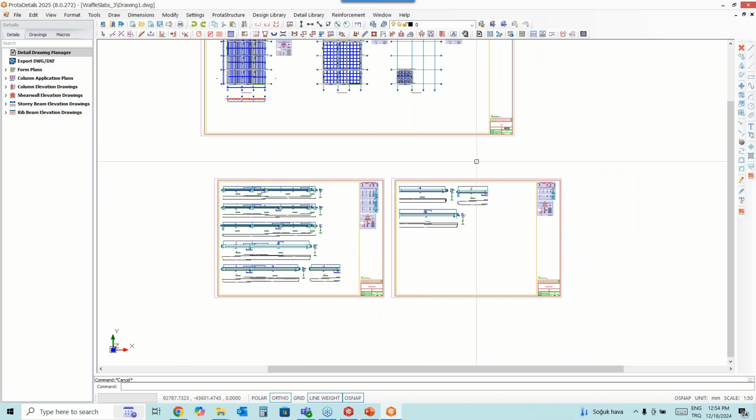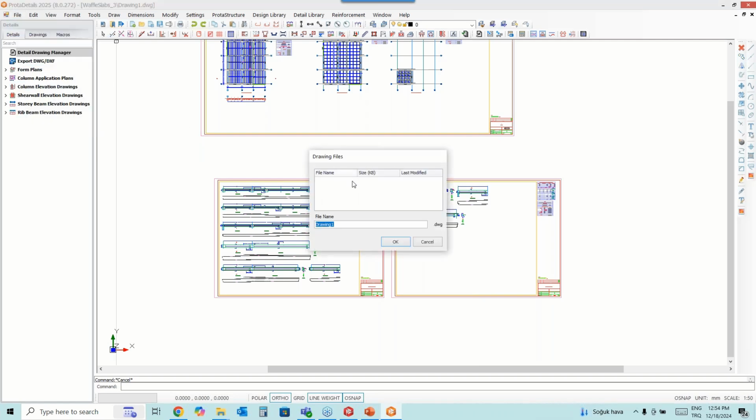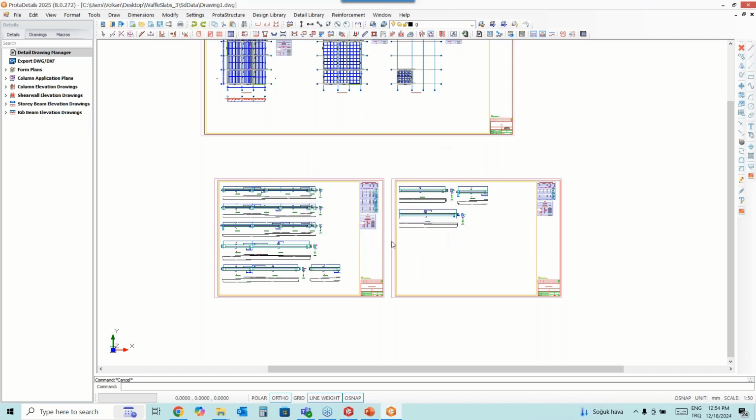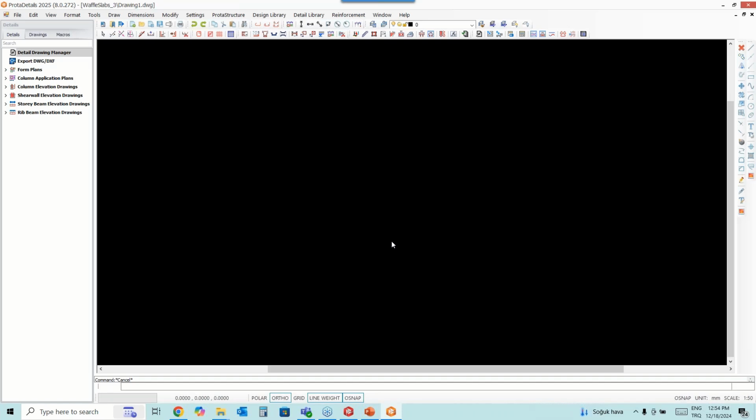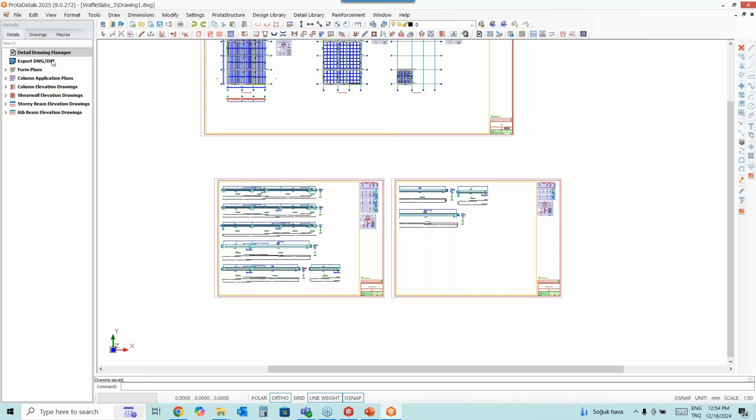If you would like to save this drawing, you can press the Control S button on your keyboard, or you can simply use the Save Drawing command. And lastly, we will export this drawing to your CAD software with the Export DWG option.